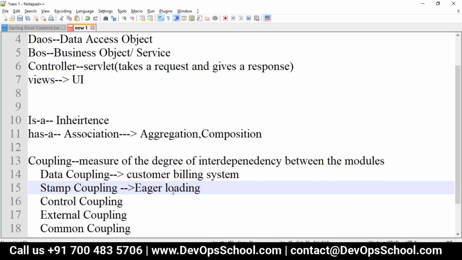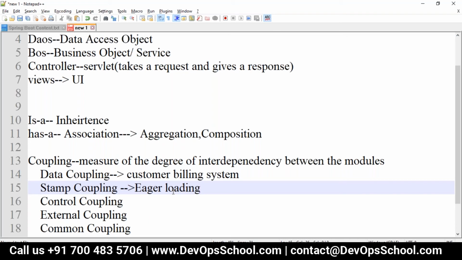For example, customer depends on the flight, the flight depends on the flight type, the flight type depends on the route, and the route depends on the schedule. So there is a list of dependencies, a list of coupling. If you just retrieve the customer, the whole list of that flight system will be retrieved, which is eagerly loaded.